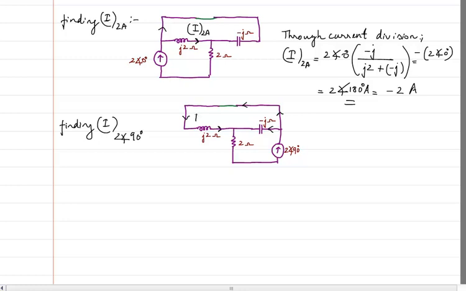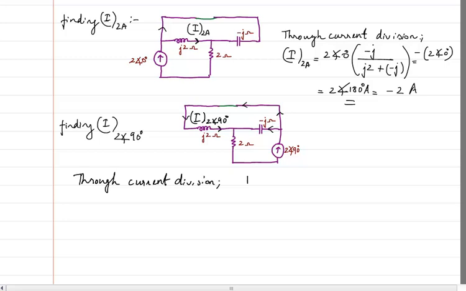So this is going to be I with a bracket 2 angle 90 degrees. Okay, so therefore again through current division rule,